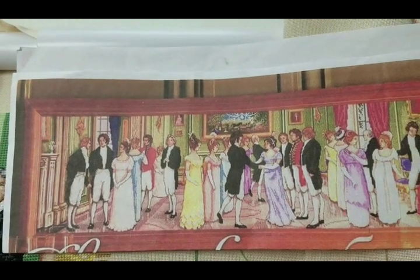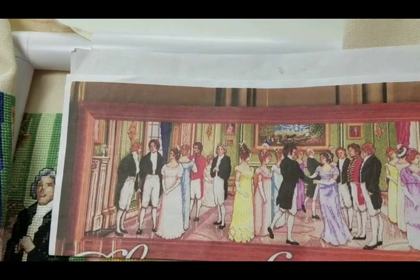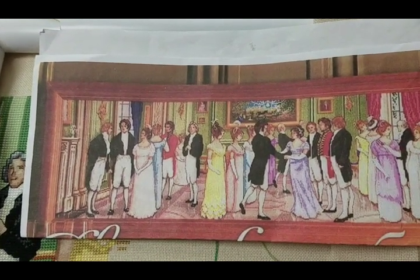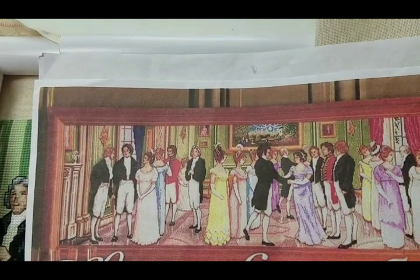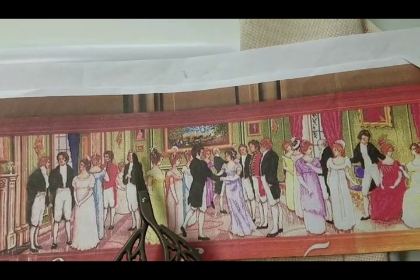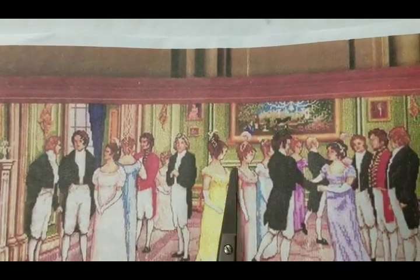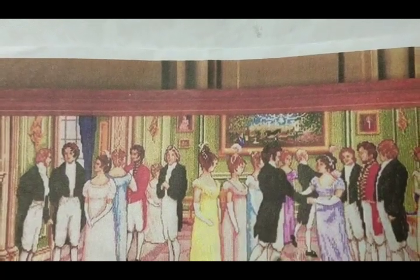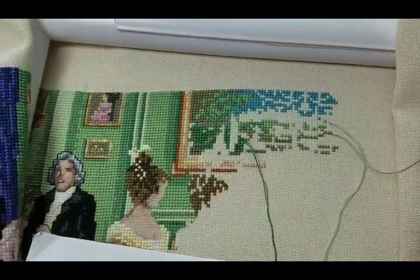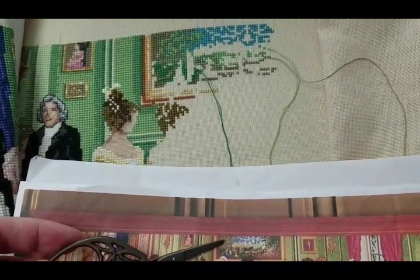So this is Summer Ball, and this was for extra stitchy credit for July, August, and it was 500 stitches on some work that has portraits in it. As you can see, there are a lot of portraits sitting around the party dance room, and the part I was working on is actually this painting. So I made just over 500 stitches, and the colors are much brighter than in the painting,